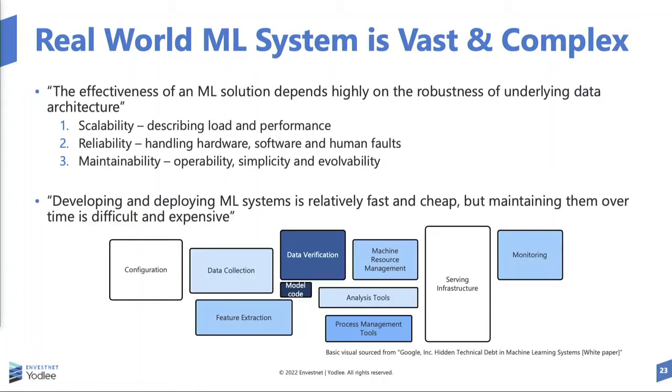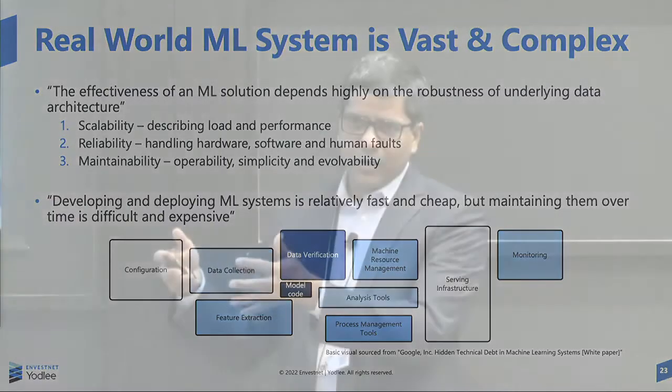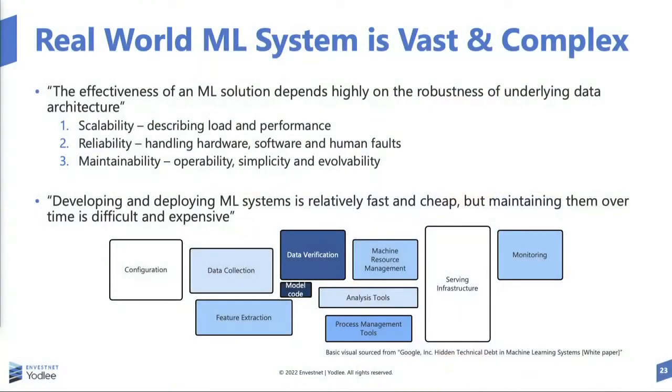So everything from data collection to feature extraction, data verification, you have to build your serving infrastructure for spikes. We have days when you have hundreds of millions of transactions coming in, versus days when you have tens of millions coming in. A lot of times, especially folks on the data science side, look too much at the model side of it, not at everything else. But if you're looking for a real-world deployment, you have to look at the whole infrastructure and make sure that works. And we completely agree with what was written in that paper that Google published.